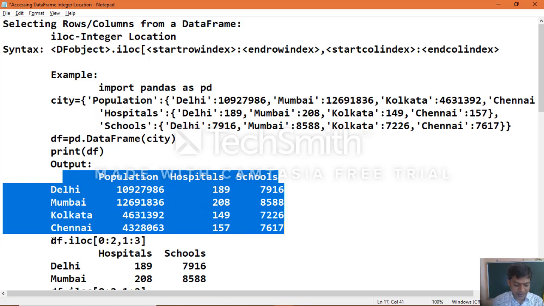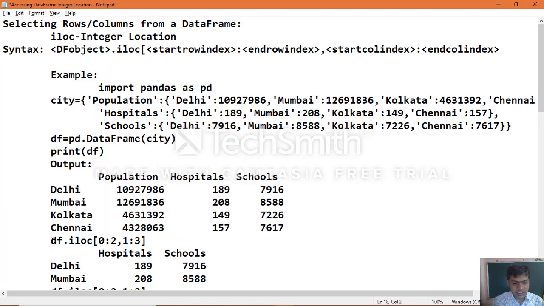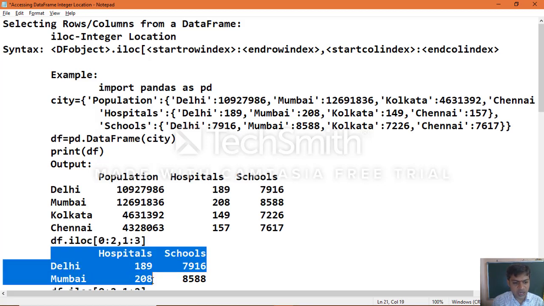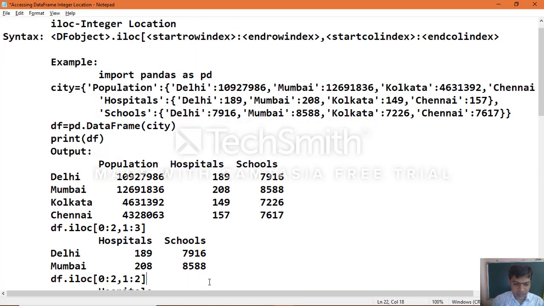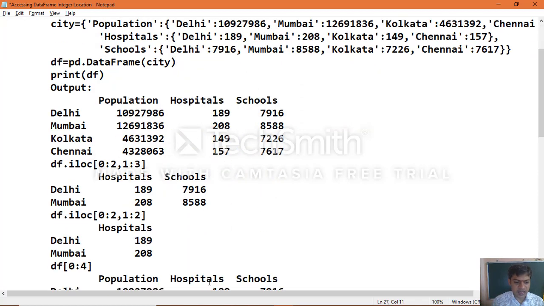So the moment you execute this particular statement, you will get this information as output. The 0 and 1 rows and 1 and 2 columns details you get as output. Now take another example, df.iLocation of 0:2, comma, 1 colon 2.